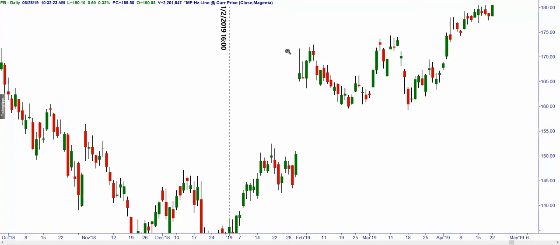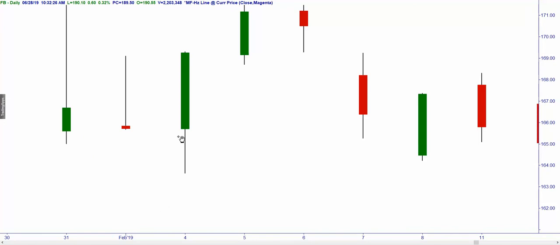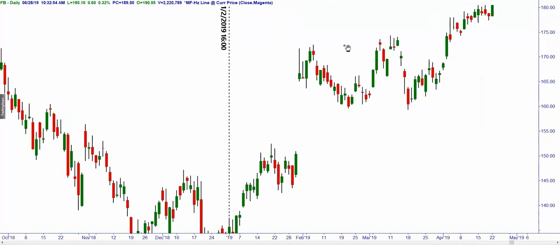In fact, here's another example right here. This candle opened here, went all the way down there, but then finished strong throughout the day and finished virtually at its peak. You can see there's just a little hint of a wick sticking out of the top there, but for all intents and purposes, this pretty much closed at its high. So this is what's referred to as a very, very bullish candle. So at any rate,